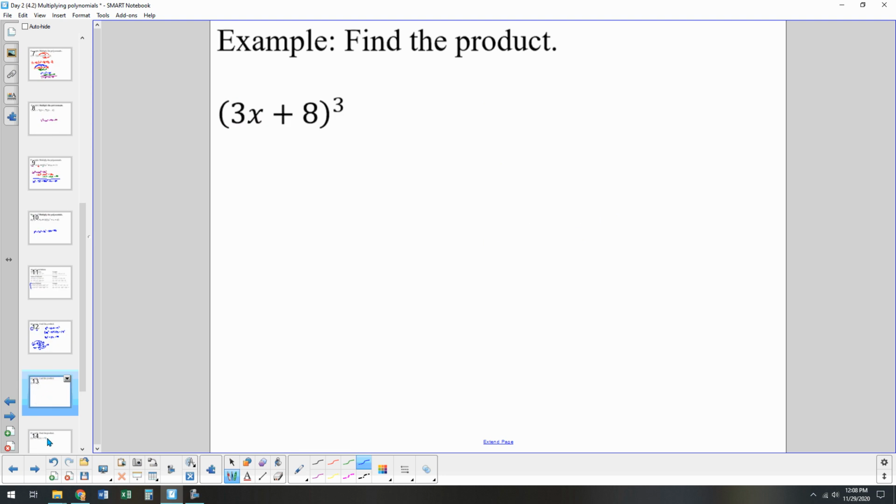This is the one that we are going to use the pattern for. So this is a plus, which means it was a cubed plus 3a squared b plus 3ab squared plus b cubed. So my a value is 3x, right? The first term was 3x, and my b value is 8. So anywhere I had an a, I'm going to plug in 3x, and anywhere I had a b, I'm going to plug in 8. So that's 3x cubed